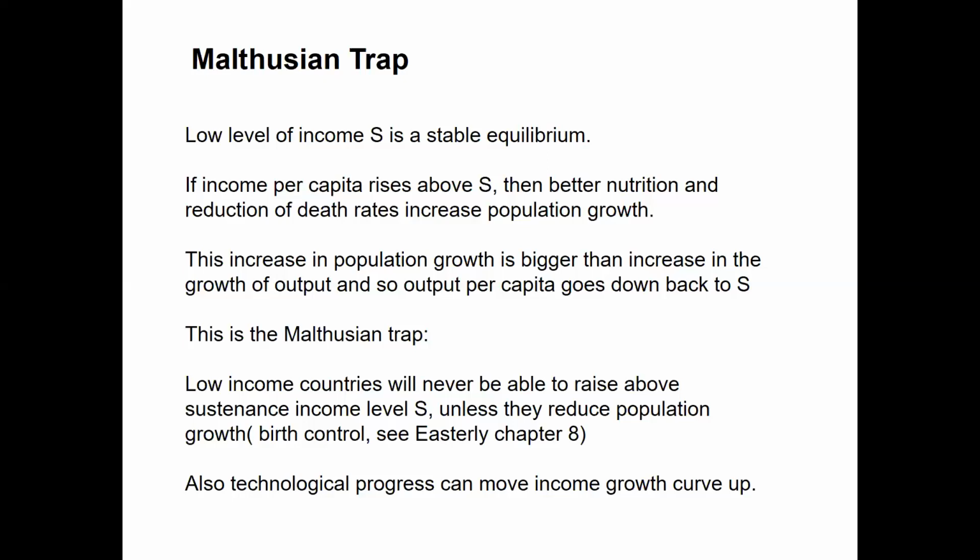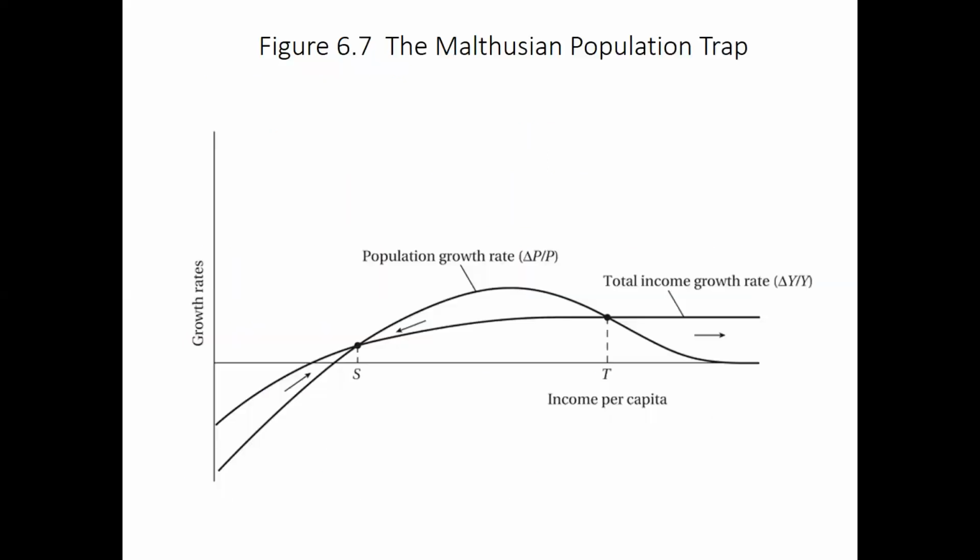And so the question is, how do you get out of this trap? The answer can be perhaps technological progress or other factors. We can represent these ideas in a graph. This graph is from the book, where we have two curves. One curve represents the demographic transition that we talked about last time, where initially, as income per capita starts to grow, population growth becomes fast due to a decrease in death rates, up to the point where the fertility rate starts to decrease, and then population growth starts to slow down again.